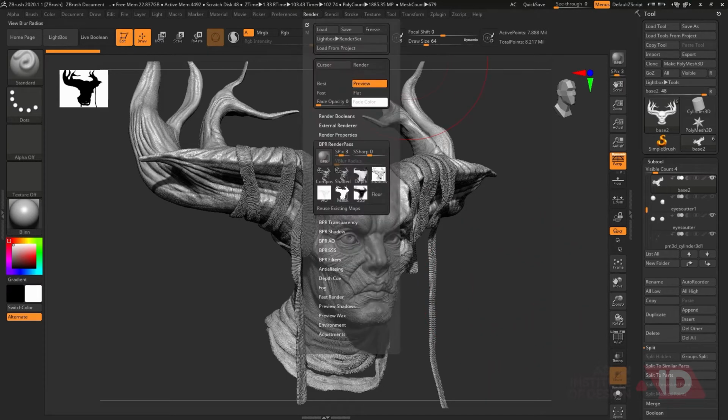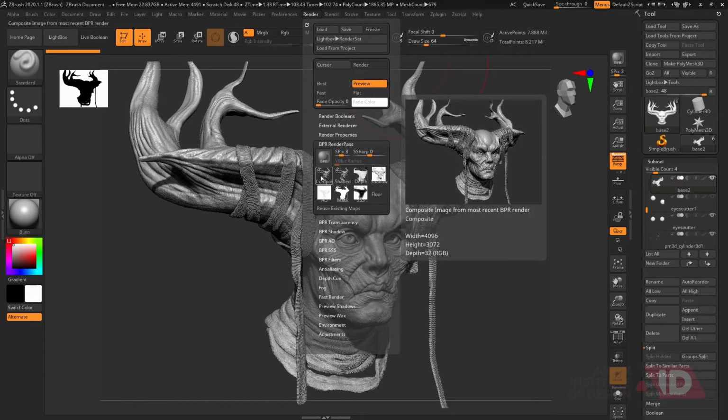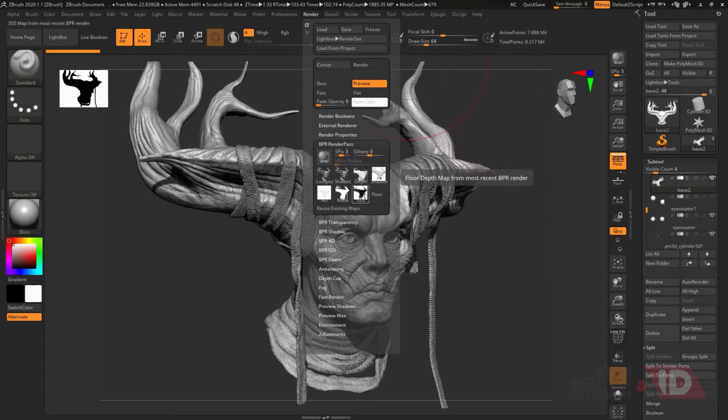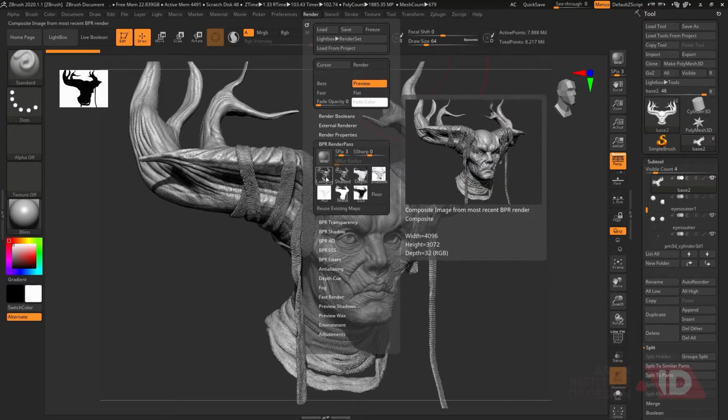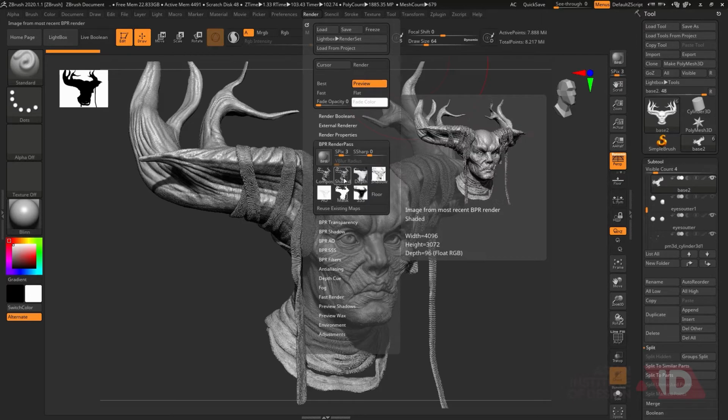So what I'll do is I'll go to render, and now you can see all the passes are rendered out. You can see composite and shaded both are exactly the same. Composite has all the things applied with a gray background. Shaded is basically a transparent background, there's no background. Depth and everything are all flat with a flat gray background. So I'll just start exporting this file.